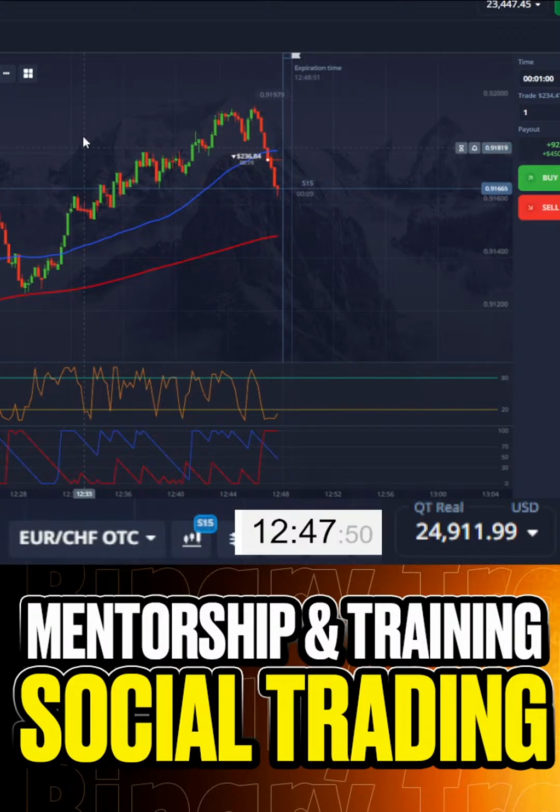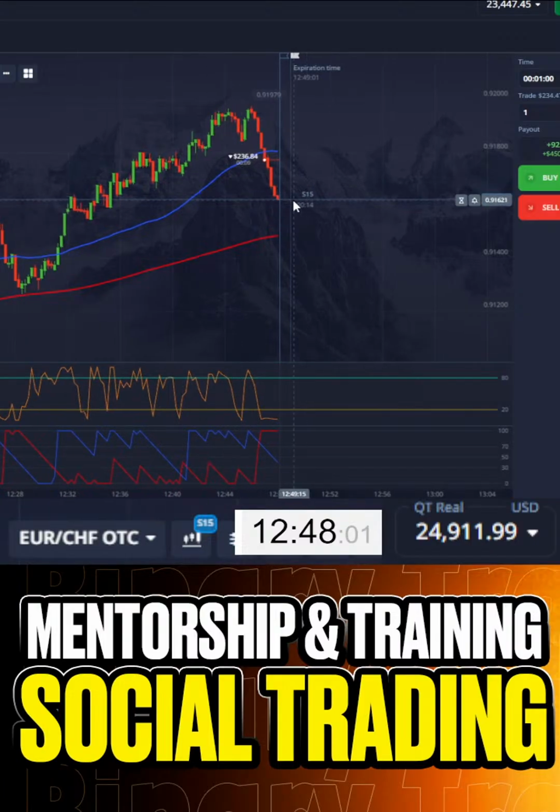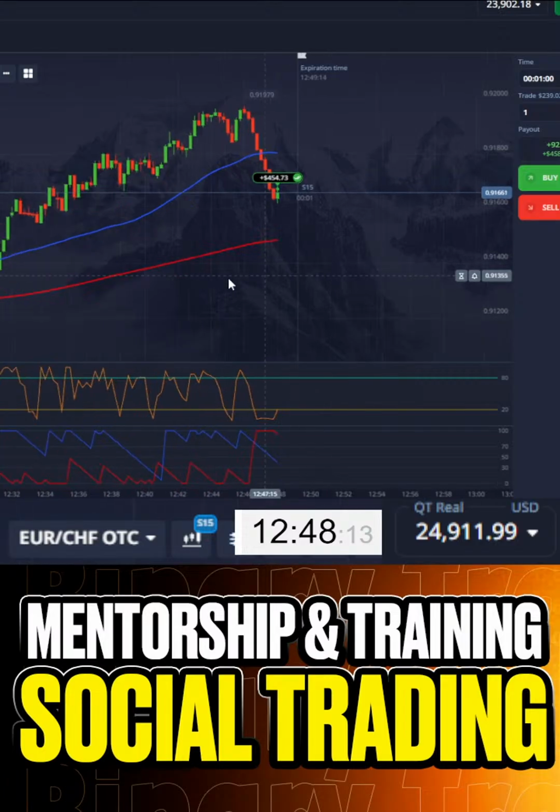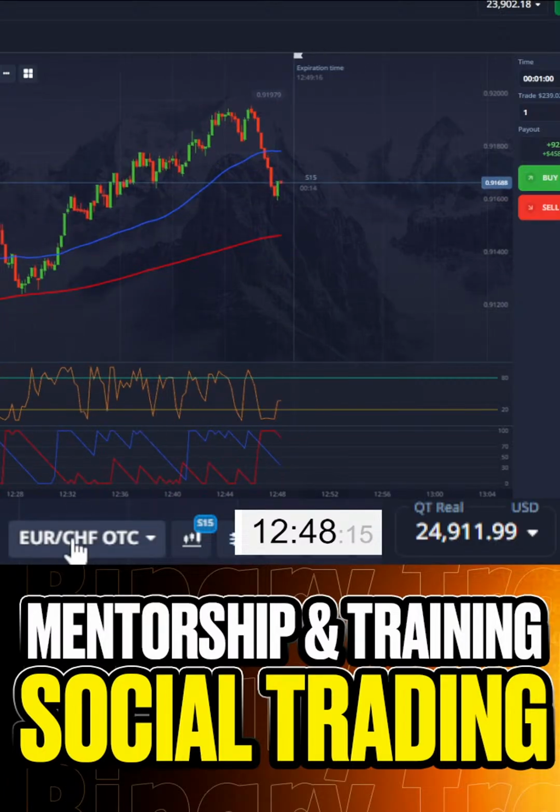You see, on the youngest time frame S15, you can see that the trend is upward, but this is noise. You don't need to make a decision here, my friends. No. You need to make a decision on a higher time frame, M5 or M15. And $400 plus. Very nice. Let's move on.